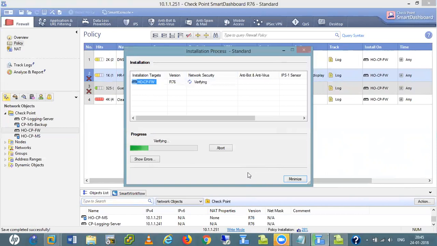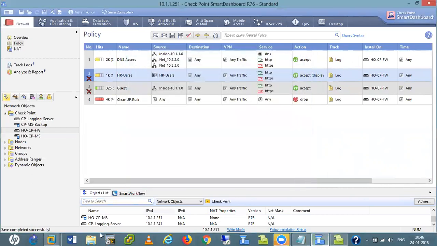The main thing is this: in this Checkpoint SmartConsole, we log in in read and write mode as only one user. If both of us log in with write permission, you make some changes, I make some changes, a conflict can happen, right? That's why Checkpoint allows only one user at a time.